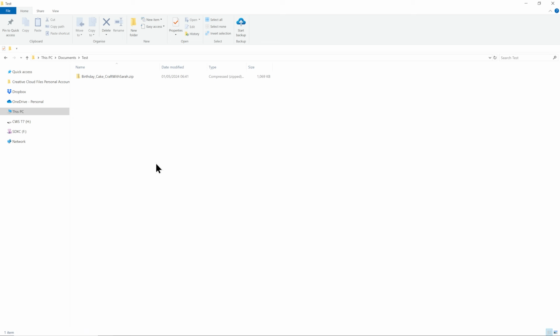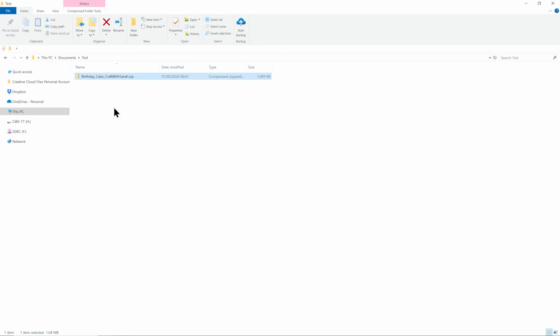A zip folder is a way to contain multiple files in one easy download link. So you'll probably find that yours go to your downloads folder on your computer. I've just copied this one somewhere else so that you can just see the zip folder I've downloaded. Before you can upload the SVG file into Cricut Design Space, you need to unzip that download folder. On a Mac, you can simply double-click on that folder and it will unzip it.